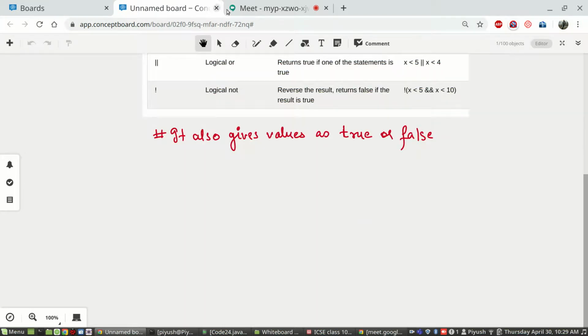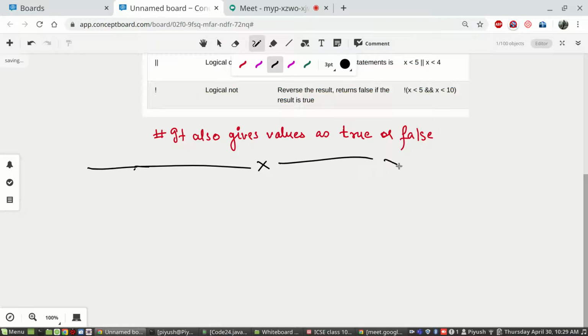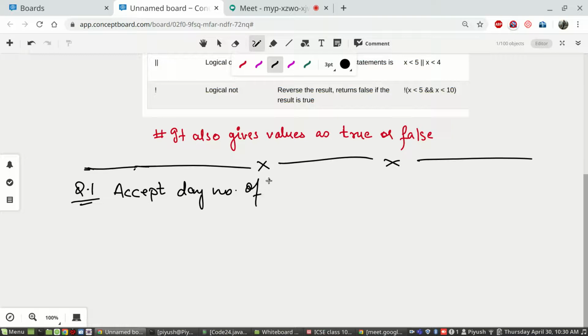Let's say somebody asks you to write a program to accept a day number, that is, the day number of the week, and then print the corresponding day name.